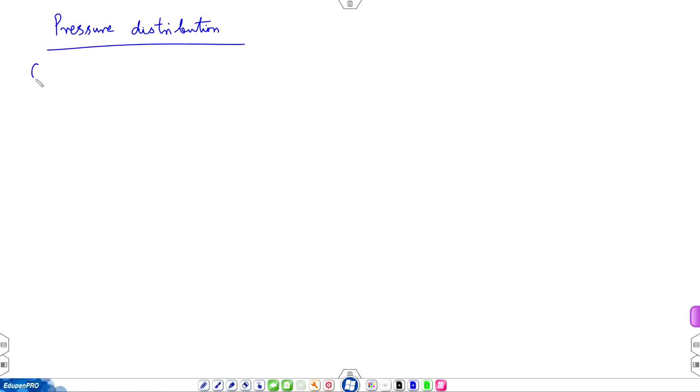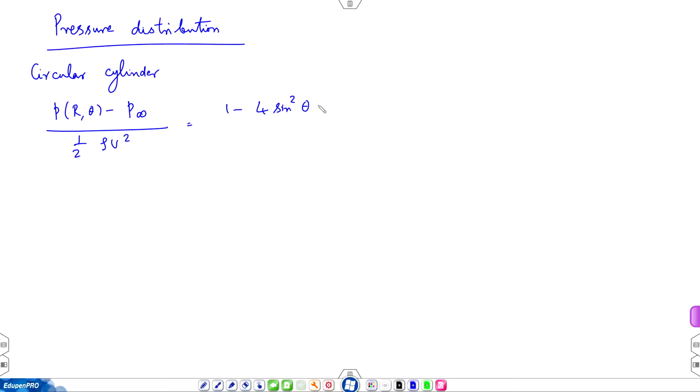Let us start with a circular cylinder. We had that result that (P(r,θ) − P∞) over half ρU² is equal to 1 minus 4 sin²θ. If you plot this variation,